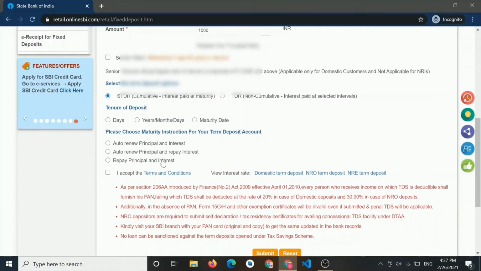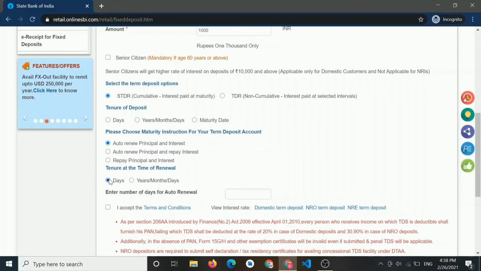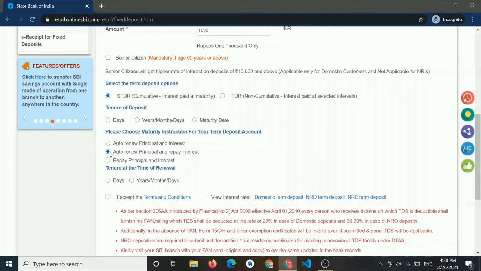Then once your fixed deposit is mature, you will have three options. The first one is auto renew principal and interest. In this option your new fixed deposit will be created from your whole maturity amount, and its tenure period you will have to choose from here. Second option is auto renew principal and repay interest.